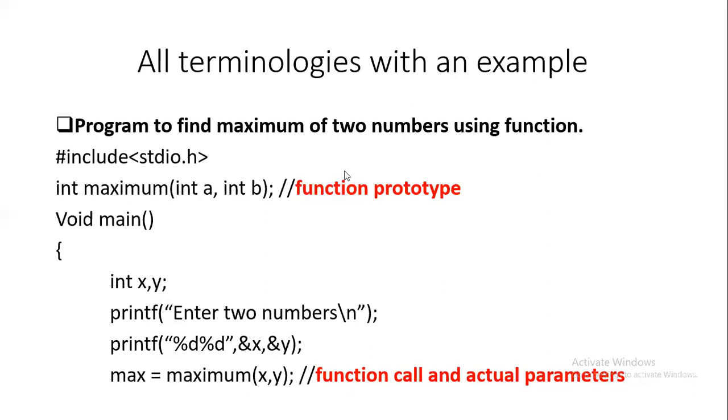Just to revise, this program shows the different terms we have. We may define the first statement here itself. This becomes the function prototype. It gives us a lot of information regarding the return type, that is, the data type of the answer, the name of the function, and the parameter list. In the parameter list, it gives the data type and name of each parameter, int A, int B. So we have two integers as the parameters, right?